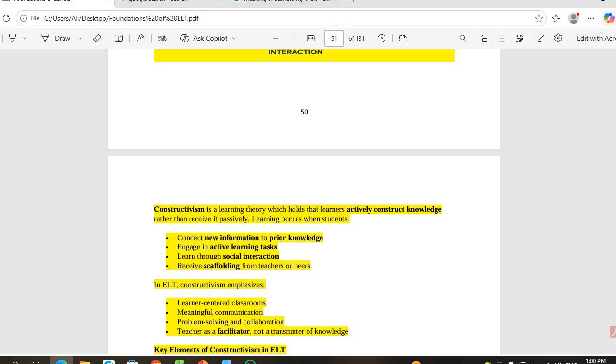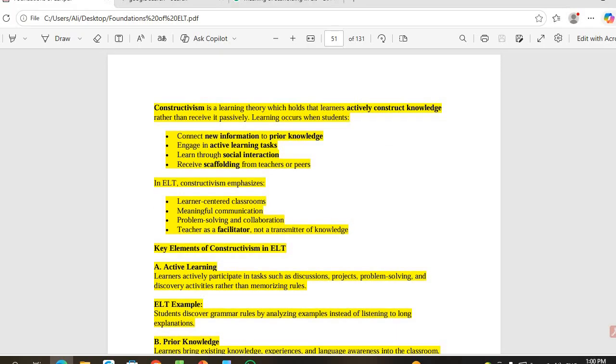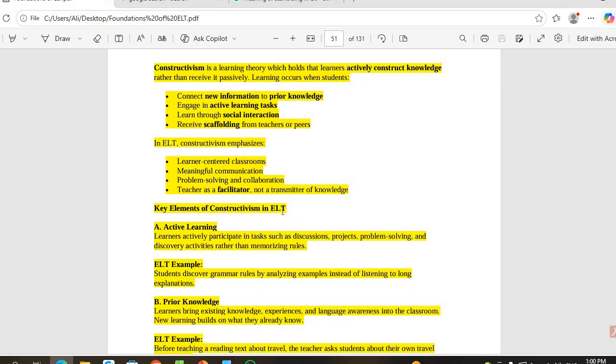In ELT, constructivism emphasizes learner-centered classrooms, meaningful communication, problem solving, and collaboration. The teacher is a facilitator, not a transmitter of knowledge. The key elements of constructivism in ELT: active learning and prior knowledge. With an example, active learning, a very living example of this is students discover grammar rules by